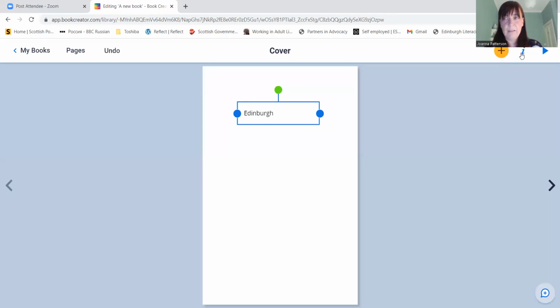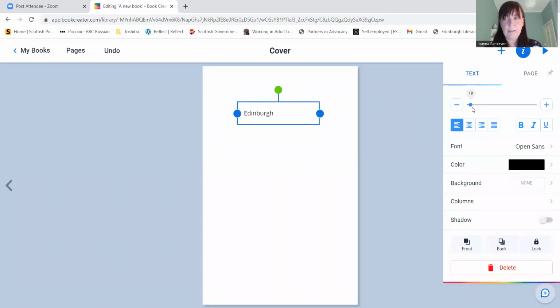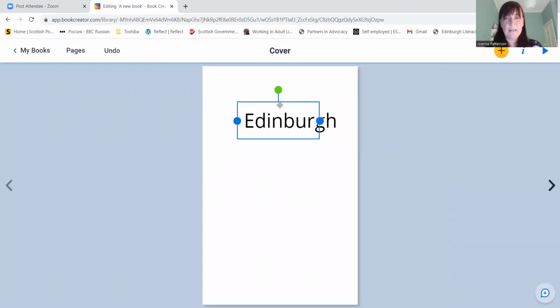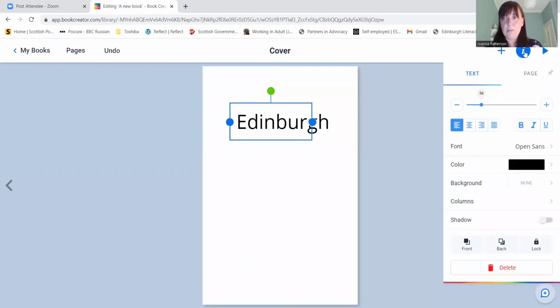And then I can go to the inspector, the I icon, and alter things. So I can alter the size of the text. In training I was on not too long ago, I was told that size 40 is great for a phone. If you're working with higher level learners, that might be impossible, but with literacies learners, the larger the text, the better. Also,